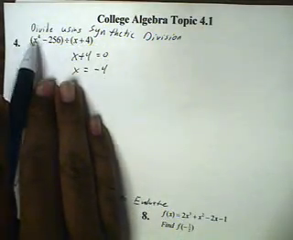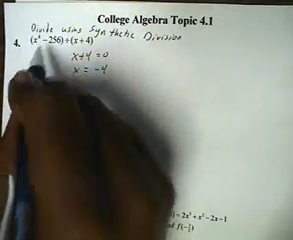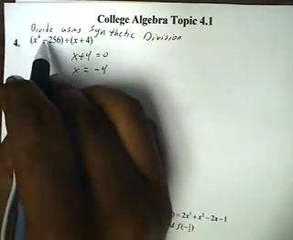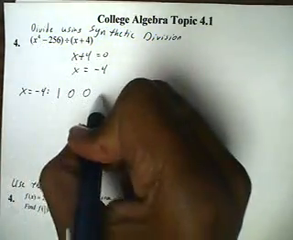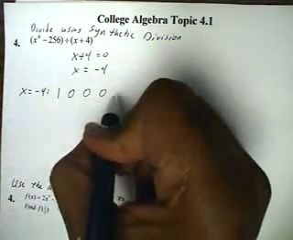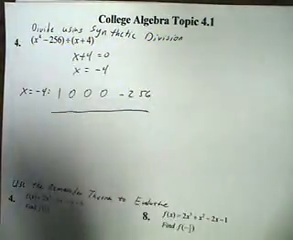Then we take x equals negative 4, and we put our coefficients for each term here. The x to the fourth term, the coefficient is 1. The x cubed term, which is missing, we make 0. The x squared term, which is missing, we make 0. The x term, which is missing, we make 0. And the constant is negative 256. Alright, from there,